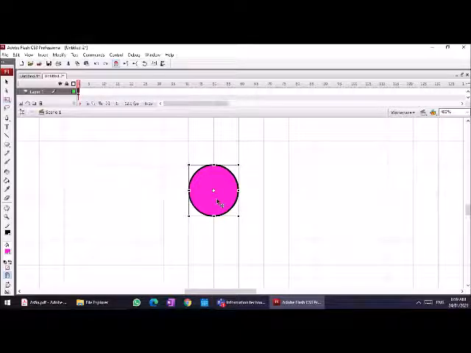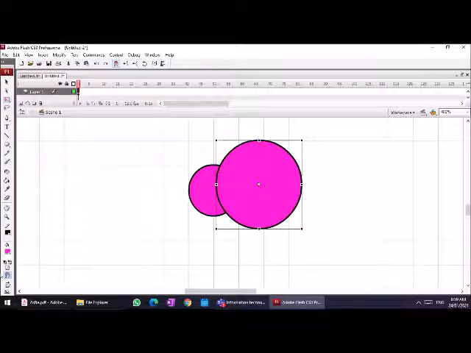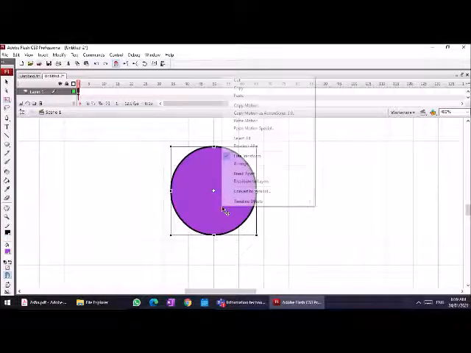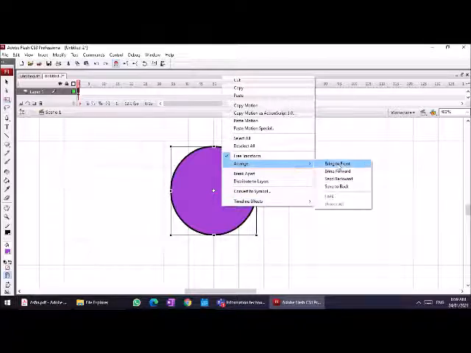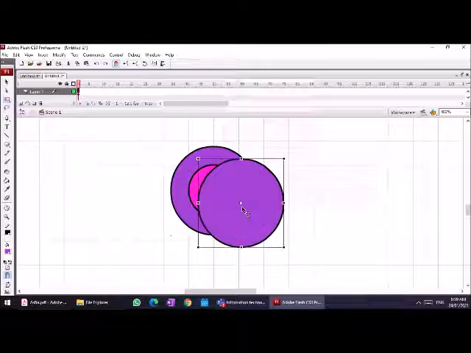And then you can simply copy paste it and increase the radius. Change the color so that you can easily identify them. Send it to back. Paste.